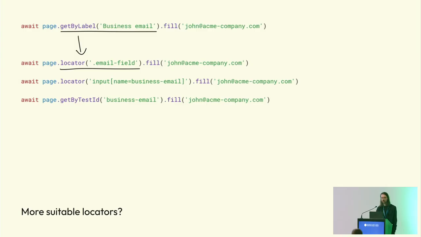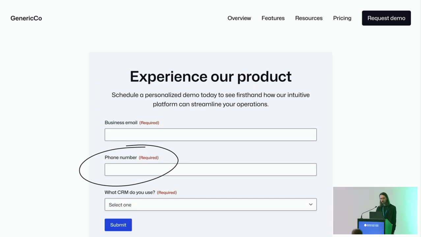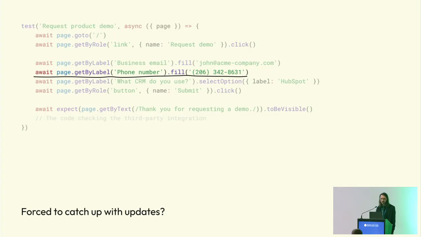Especially, let's say the form is coming from a third-party widget. That class is not reliable, it can change anytime. So another example would be introducing another required field. And here we really look like we are forced to do some kind of update in our test, because otherwise we do not have any way to select that input and fill it with a value. It's a required field, otherwise we cannot submit the form.